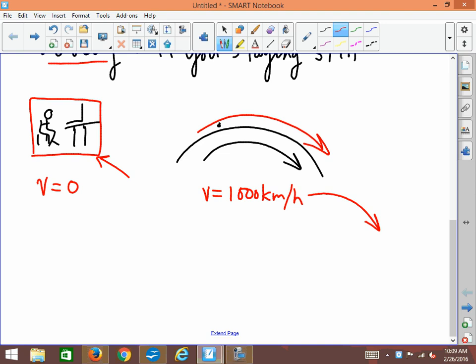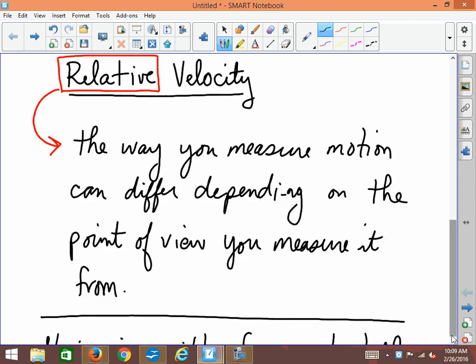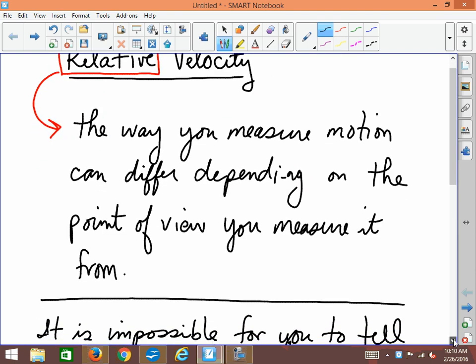In fact, many people would have argued in the past that the Earth can't be moving or else they would feel it. So what is the difference between feeling and not feeling moving? Well, the key there is that you can only feel acceleration. You can only feel it if your velocity changes. So imagine, for instance,